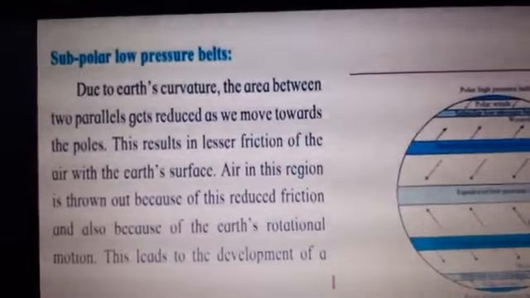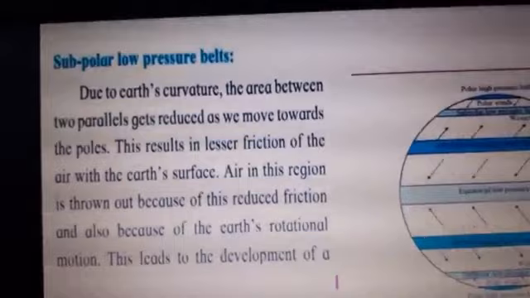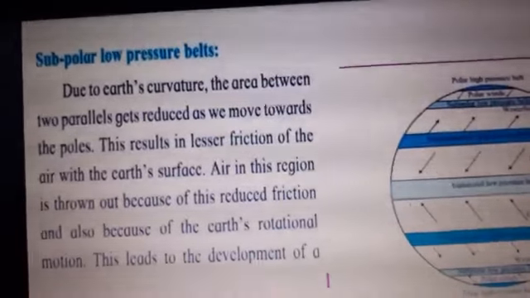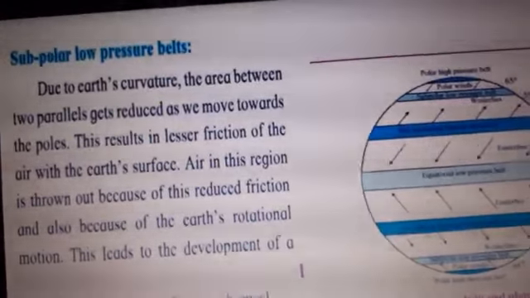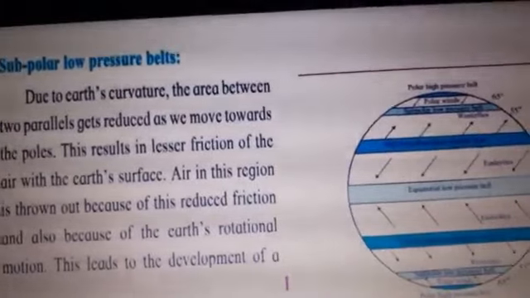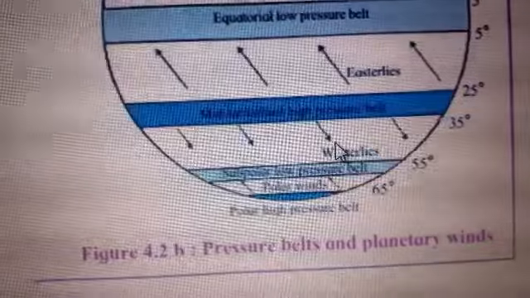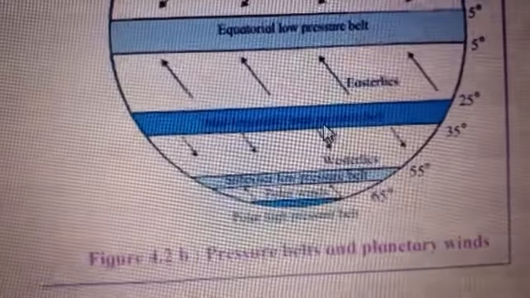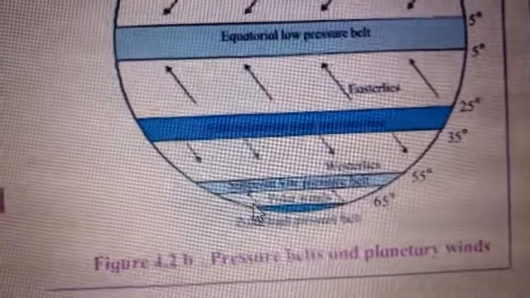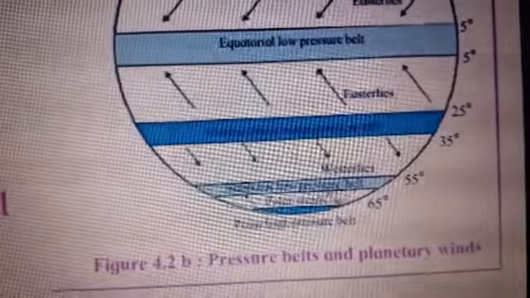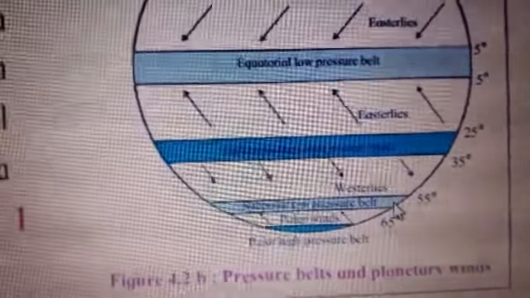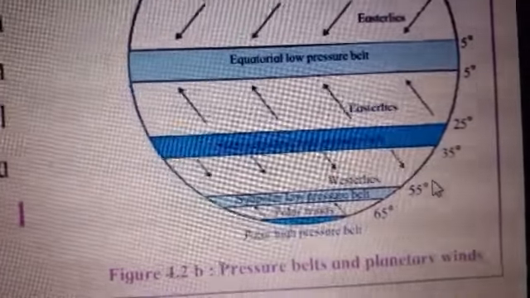Now children, our next pressure belt is subpolar low pressure belts. It means we have reached the polar region. Let us observe the diagram. Here you can see, after mid latitudinal high pressure belt, the next one is the subpolar low pressure belt. You can see here between 55 degree to 65 degree parallels we have the subpolar low pressure belt,